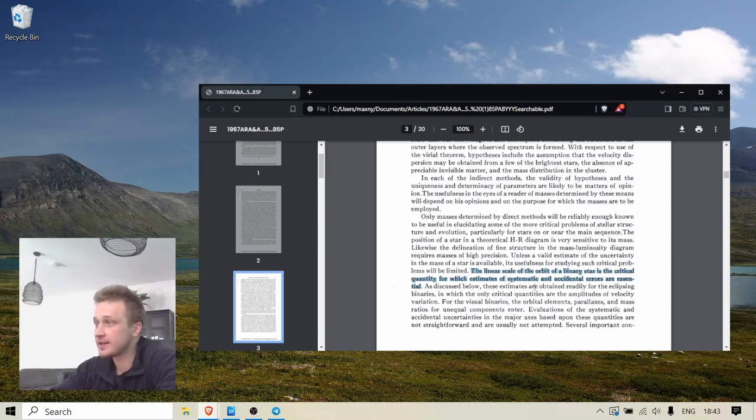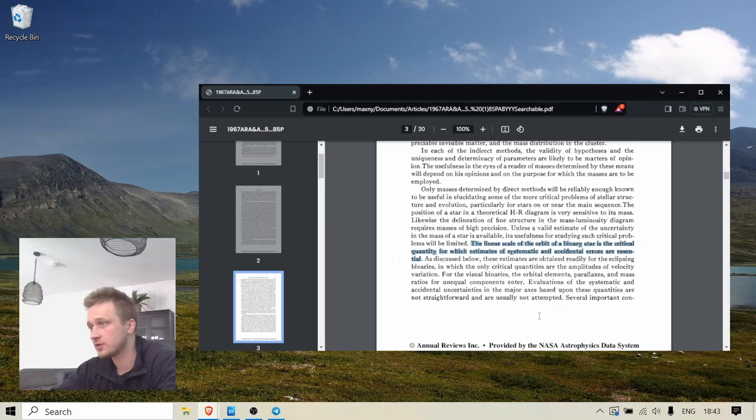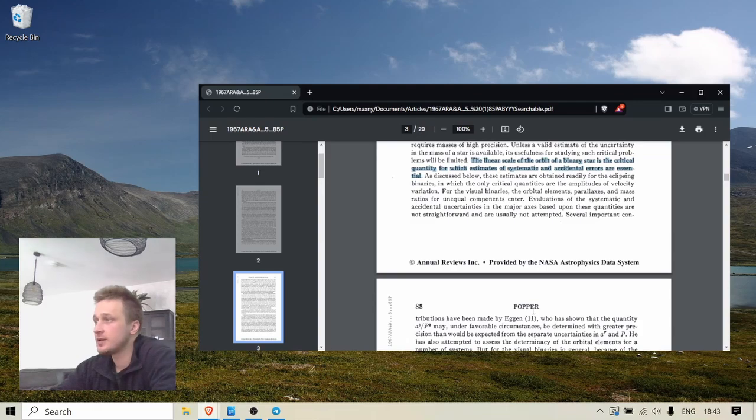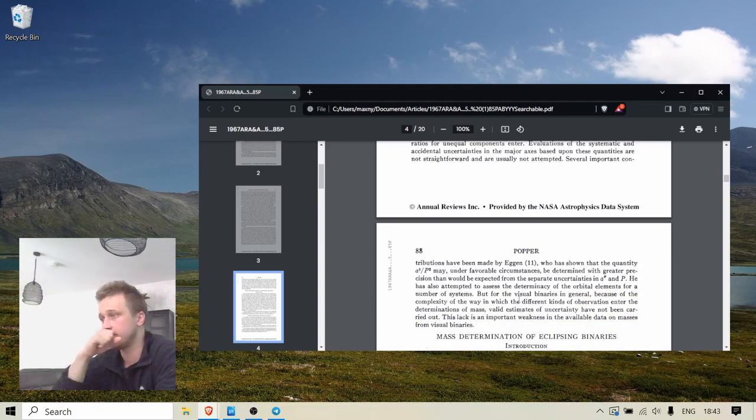As discussed below, these estimates are obtained readily for the eclipsing binaries, in which the only critical quantities are the amplitudes of velocity variation. For the visual binaries, the orbital elements, parallaxes, and mass ratios for unequal components enter. Evaluations of the systematic and accidental uncertainties in the major axes based upon these quantities are not straightforward and are usually not attempted. Several important contributions have been made by Egan, who has shown that the quantity of the semi-major axis